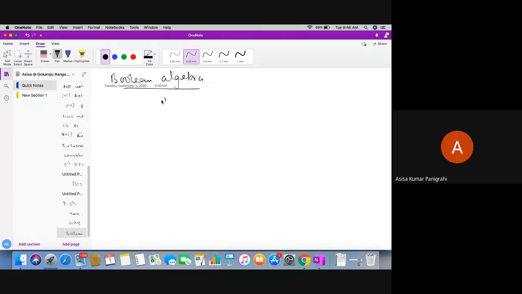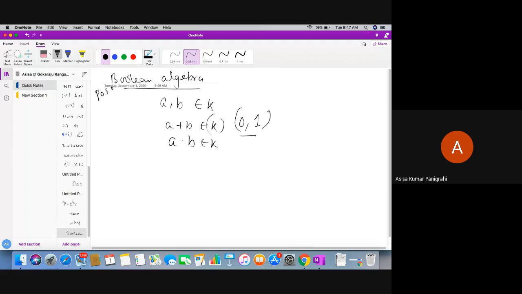For every A and B belonging to set K, A or B belongs to set K, A and B belongs to set K. If K has values 0 and 1, only these 2 values, then this is called 2-valued Boolean algebra. Okay, this is your postulate number 1. There is no doubt on postulate number 1. Okay, I'm just moving to postulate number 2. Okay, so this is the axiomatic definition. There is no need of any proof of it. Okay, this is the postulate which is to be granted.